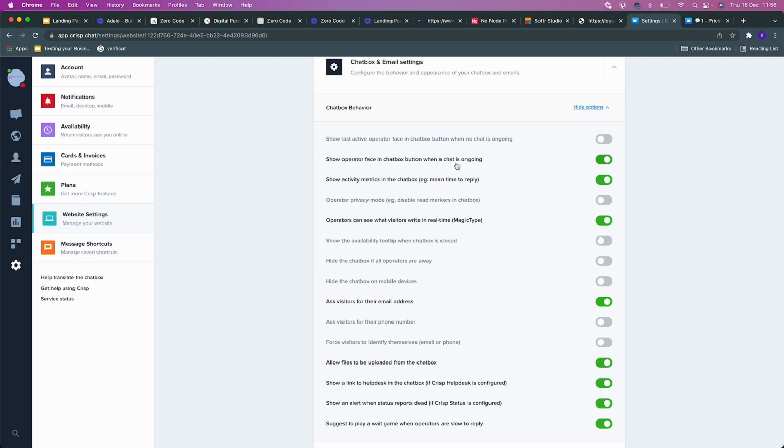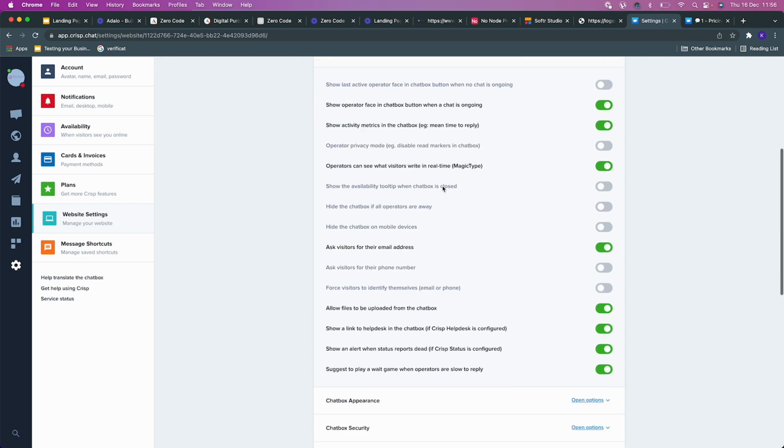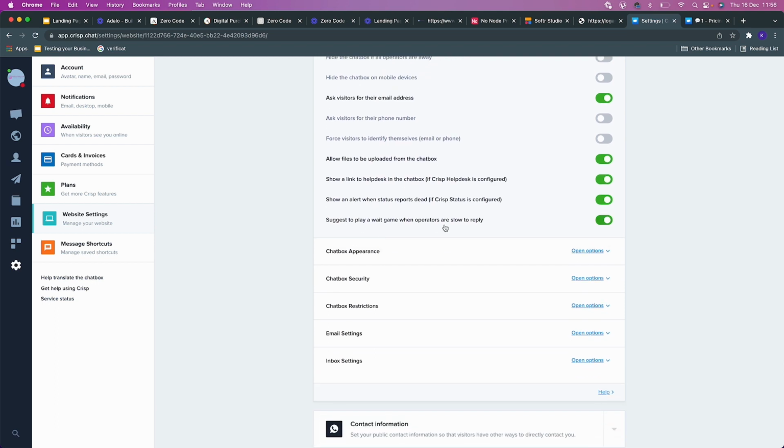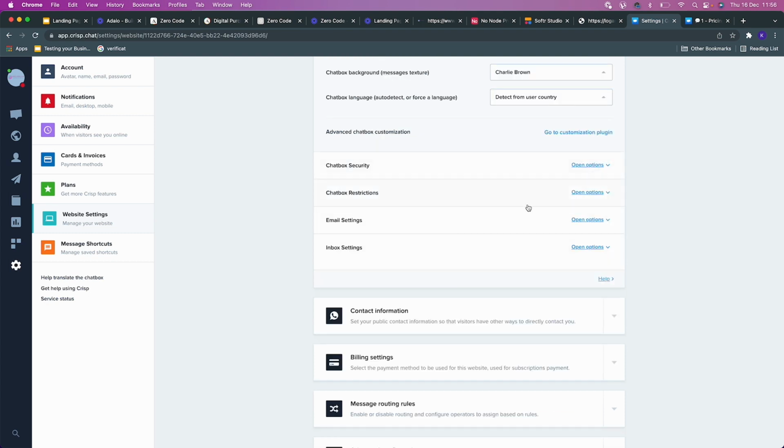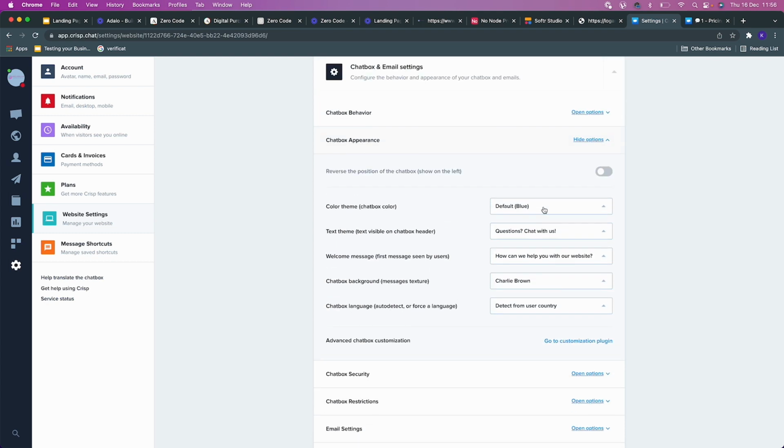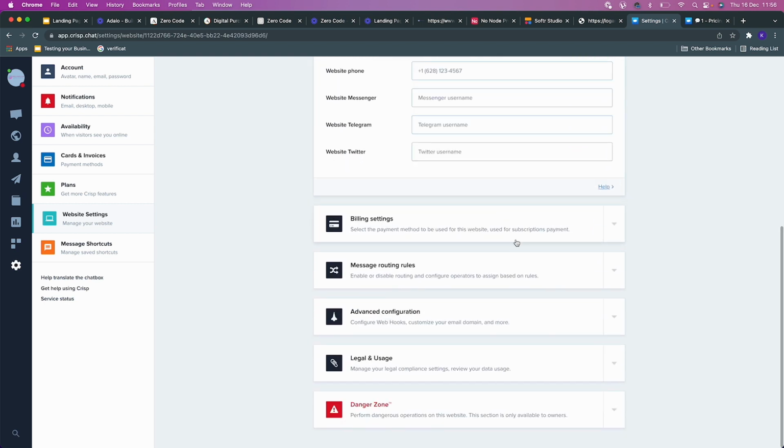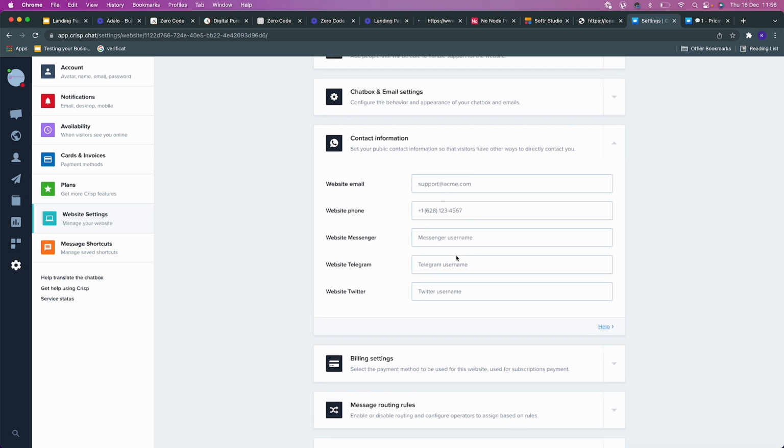configure how your chat box should look like. Do you want your face? Do you want to show activity metrics? Do you want to provide the option for users to play when you're checking stuff out, and so on. How do you want the chat box to look like? What is the coloring of the chat box, and so on. You can configure the look and feel. You can also set up your contact details so that users can reach out to you and click through the